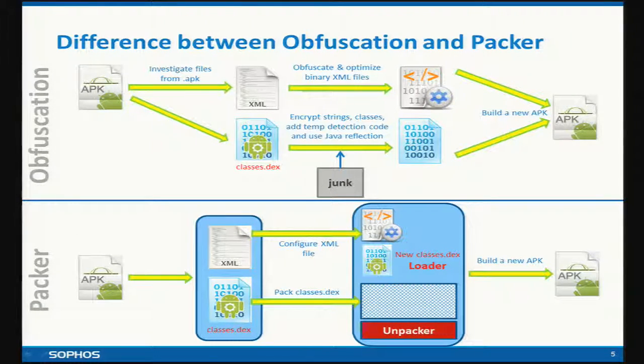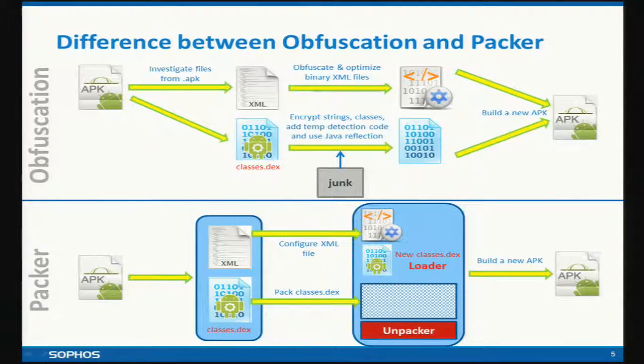For the XML, it will obfuscate the names of services, receivers, intents, and activities, and apply some optimization to the binary XML file. For classes.dex, it will encrypt strings, classes, and anti-tamper detection code, and use Java reflection. It also inserts some junk code to stop decompilers from converting Dex to jar, such as baksmali and IDA. Then in step 3, it will combine the modified classes.dex and the modified XML file, and build a new